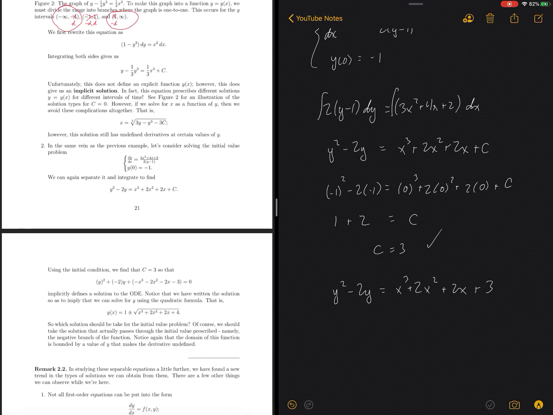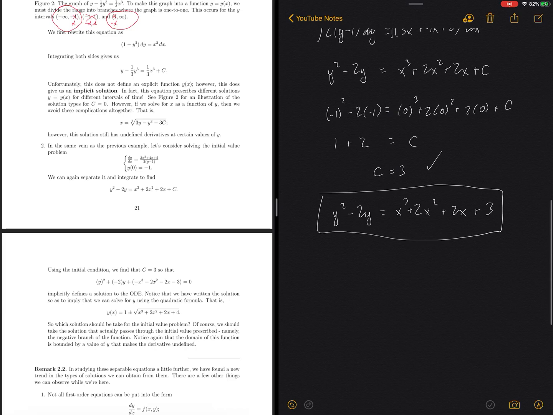So then my implicit solution would have to be this equation here. And this is just as good as an explicit solution where I'm solving for one of the two variables. But you are still going to have to worry about what your solution domain looks like. Figure out what branch of the function you want to use if you're going to use this as a function where one variable is a function of the other. But it still behooves you to know exactly what the graph of this guy looks like, so you can go ahead and throw this into a